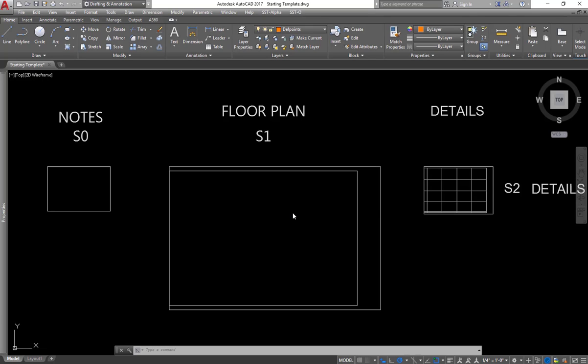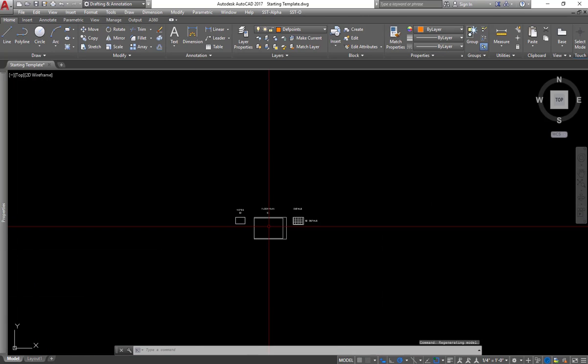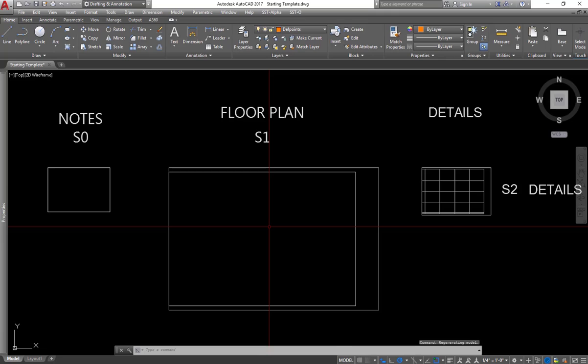In this tutorial, we're going to look at how to set up your layout tabs. What you're looking at right here is model space. You can see we're on the model tab. Zoom out, zoom in. And this is a typical way I like to set up architectural drawings or engineering drawings